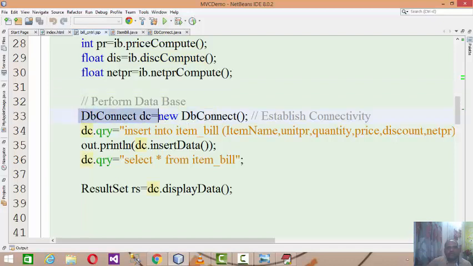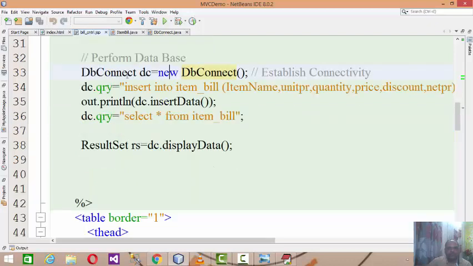Once you create the object of DBConnect, connectivity gets established, and once the connectivity is established, you have to build a query. In the DBConnect class, there is a public string called query. So you build over here the query which you want to process on the established connection. So dc.query equals insert into the table name, right?